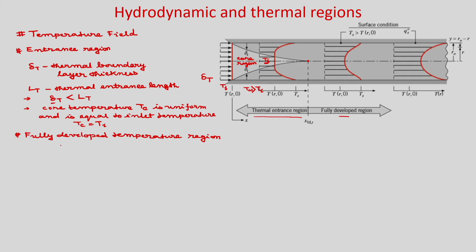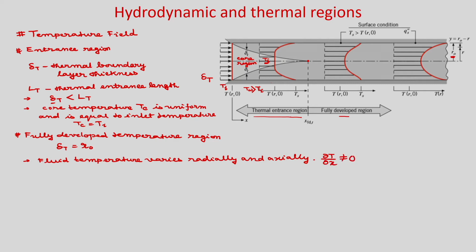okay, obviously now in this case your delta T will always be R naught, because there will be no further growth of this boundary layer thickness. So, if R naught is the tube radius, then delta T will always be R naught, and in this case your fluid temperature varies radially and axially, okay, and in this case del T by del x is not equal to 0.